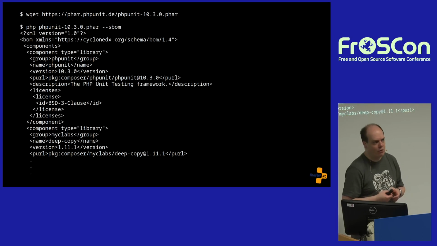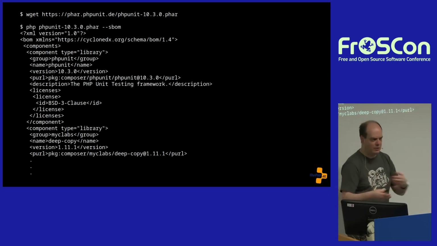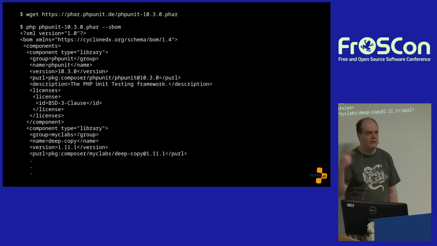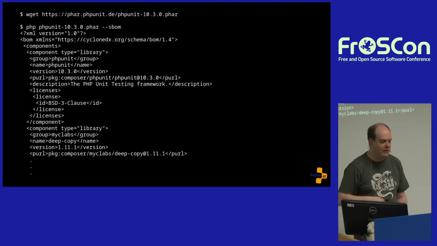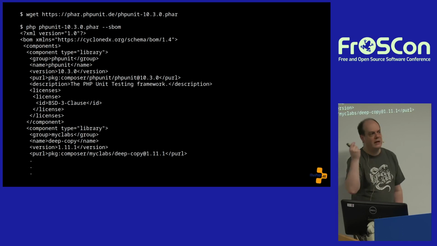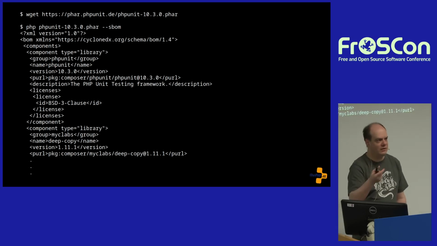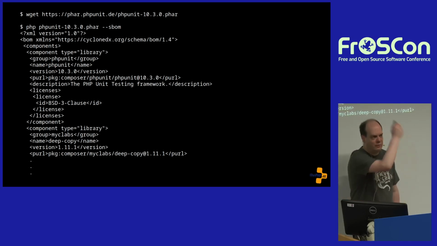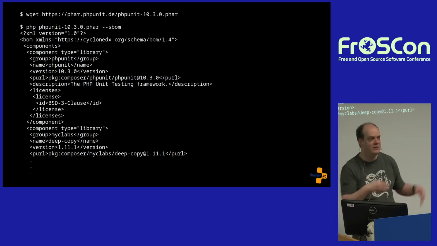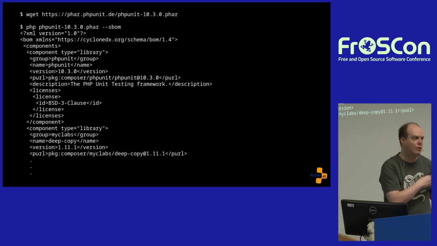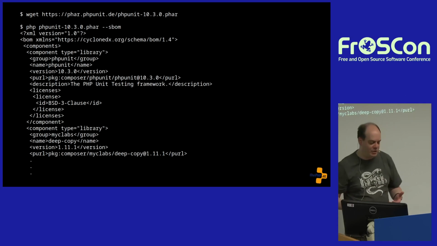So a while ago, out of interest and because I got fascinated by that and thought this couldn't be so hard, I implemented an SBOM mechanism for PHPUnit. So if you download PHPUnit as a PHP archive, you can ask the PHAR for its contents. And you get lots of information. In my opinion, this XML standard is too verbose. There's too much information in there.